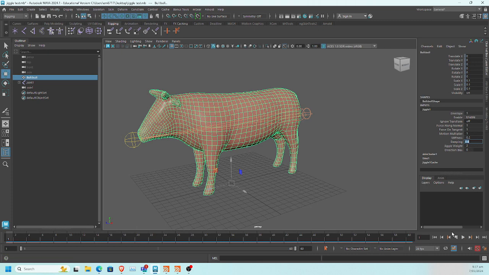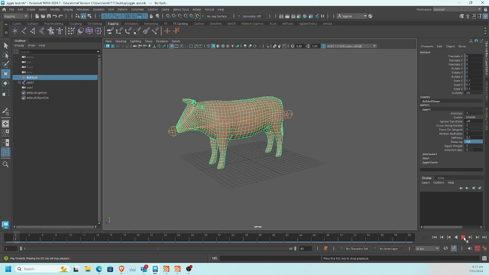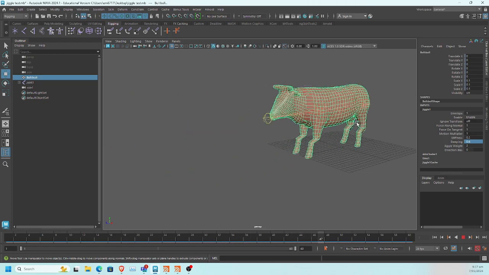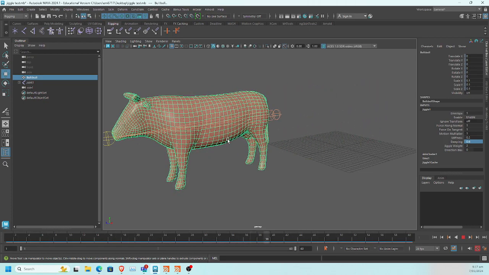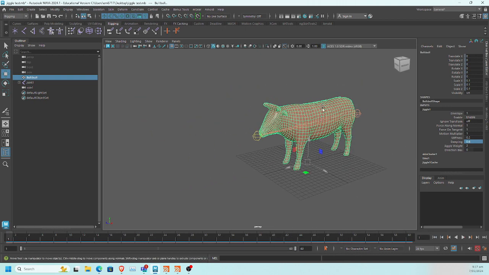Stiffness is how soft it is, like how stiff the flesh could be. Damping is how fast it stops wobbling. So if you look at this one, it's not bad, but the area is not painted well. So what you do is just